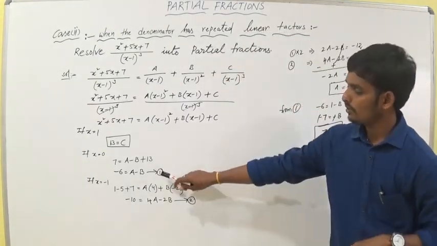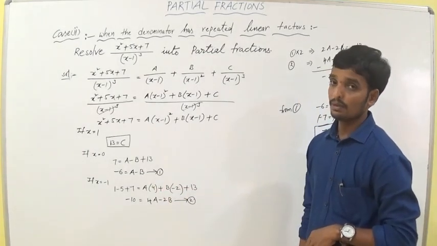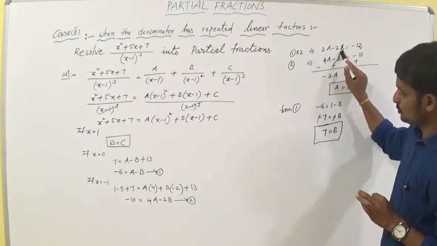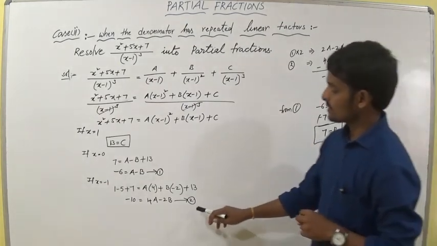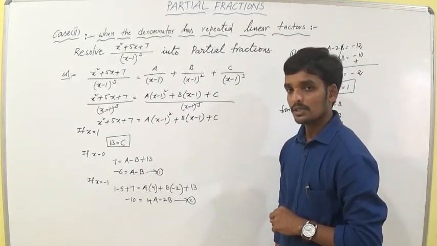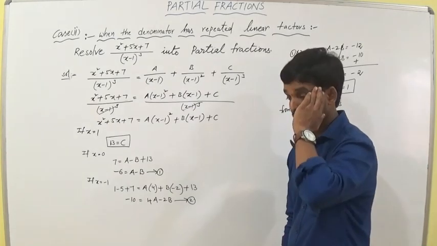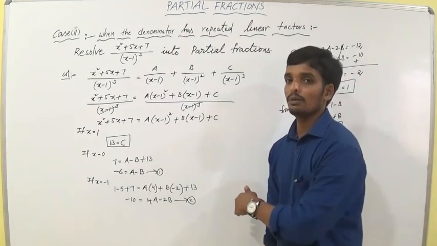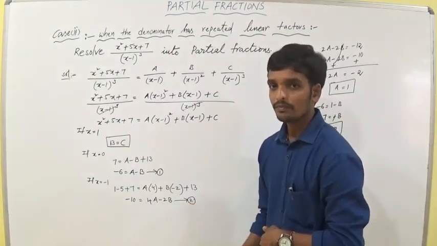So I want to cancel b. Here only one b is there, here two b's are there. That's why I am multiplying 2 with the first equation. So 2a minus 2b is equal to 6 twos are minus 12. I am taking the second equation as it is. Why? Because here 2b, here 2b are to be cancelled. So that means I am taking the second equation as it is. If you are thinking first equation is multiplied by 2, the same thing you have to multiply, we are thinking like that, the second equation also multiplied by 2. That is wrong. Why is it wrong?